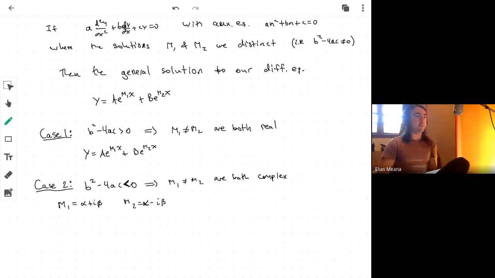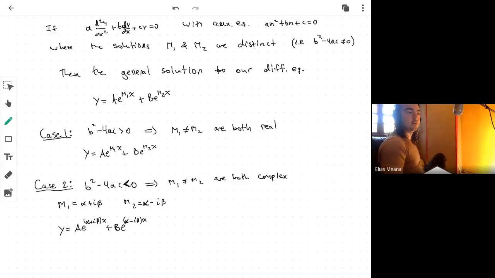So we have M1 and M2 are equal to this, right? And again, the solution is exactly the same as before. So the general solution is a e to the alpha plus I beta x, and then b e to the alpha minus I beta x. There's no subtlety here. Although what we typically do, it's much easier to see this, it's much nicer looking, is